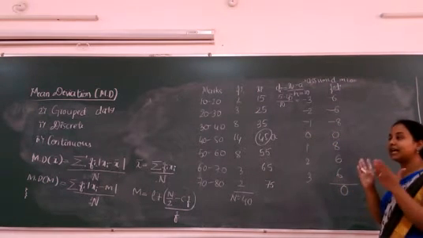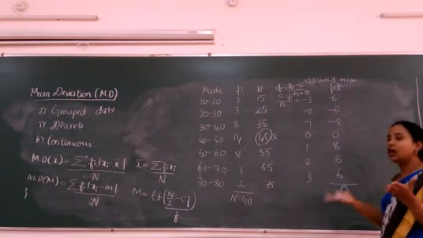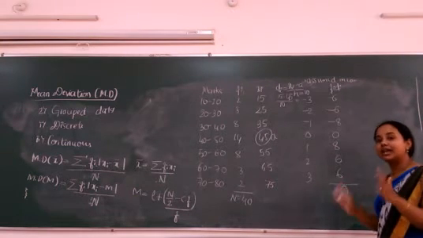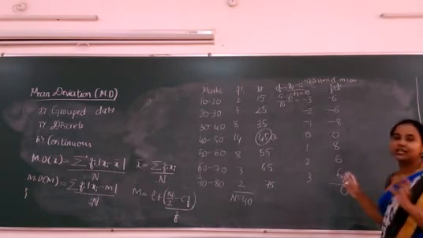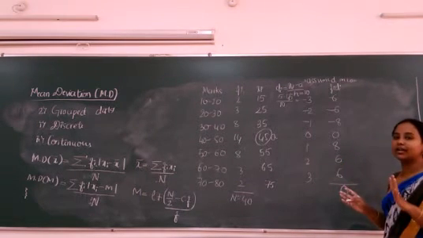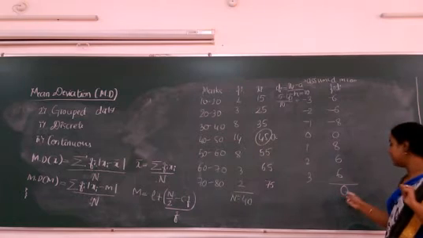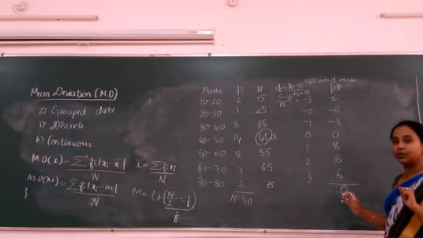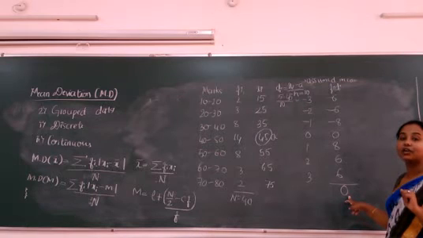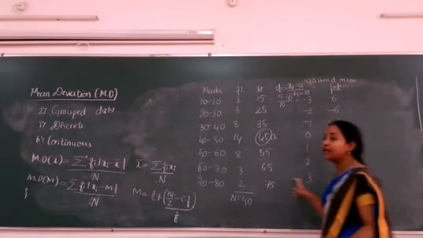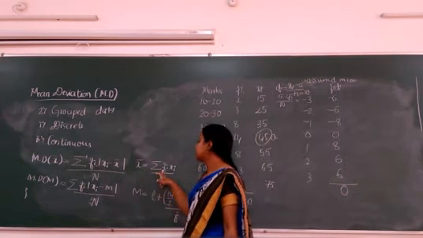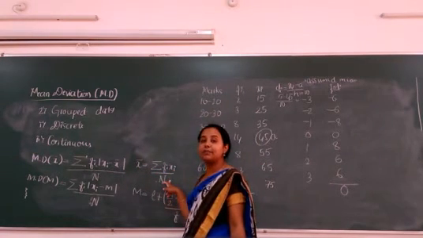Symmetrical means if the data is cut into two halves, both the halves look the same. Such data is called symmetrical data. So here, as the data is symmetrical, you are getting the summation as 0. Now after this we have to calculate the mean. What was our regular formula to calculate mean? x bar is equal to summation of fi into xi divided by n.